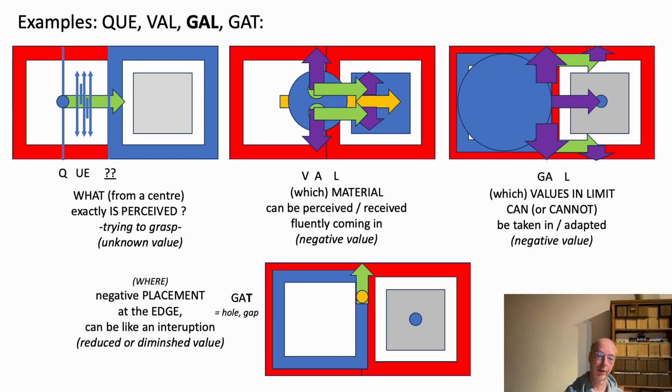And the last word is GAT or HAL. Here the G places it on the edges and the A places it there on the edges because it ends in T on a very small part of the edges. So it is again a part which is missing. There will be a missing part, a negative part there as well. So the whole is something that I notice from my center, that something is missing at the edges. That is actually the description of the word GAT or hole.